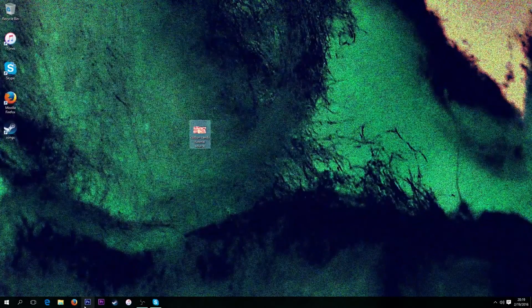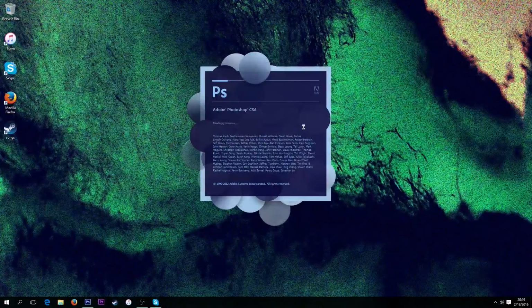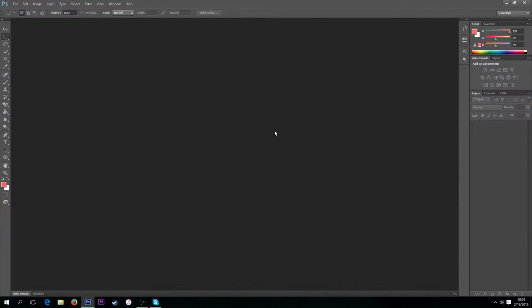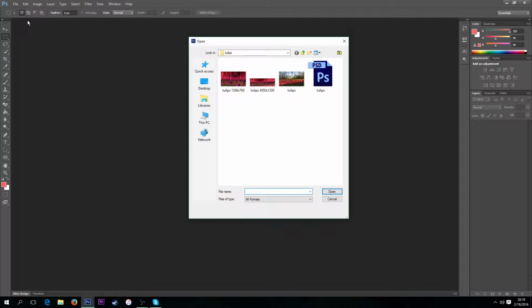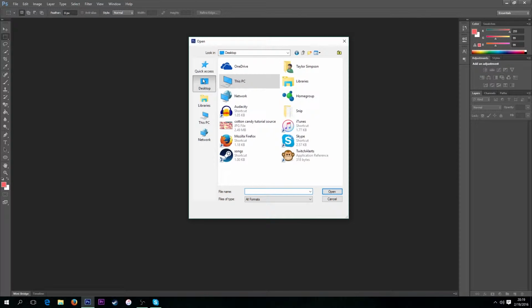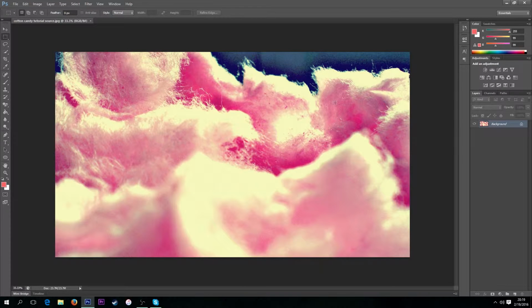So you'll see we have the image right here on our desktop. We're going to open Photoshop. I have a shortcut to it there, but you'll have to open it in whatever way that you do. And once you have it open, you want to go to File, Open, Desktop, and then in this list you want to find the picture. Now in this case it's Cotton Candy Tutorial Source, so we're going to double click on that to open it. And you should get something like this. Okay. So now we're going to go up to File, New,